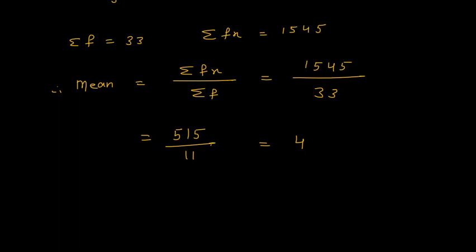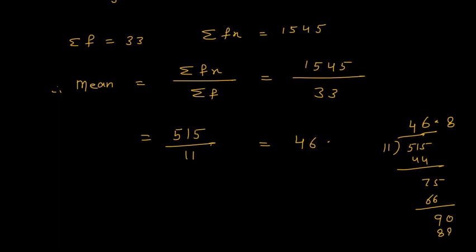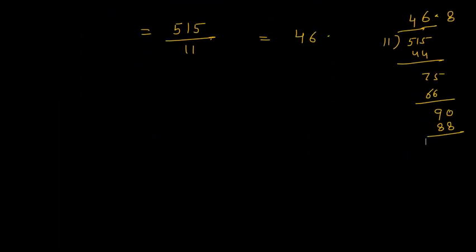Better we do long division. If you find it difficult, let us do long division. So 11 4s are 44. Then we have 11 minus 4, 7, 75. 11 6s are 66. So here we have 990. We will put a decimal. 11 8s are 88. So we get 20. 11 1s are 11. Okay, we have to write up to 1 decimal place.